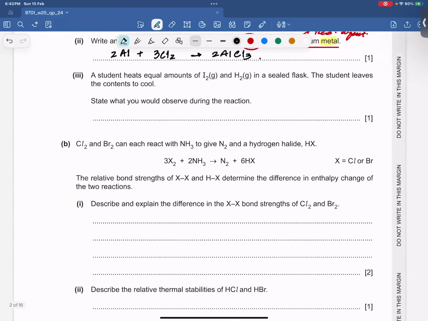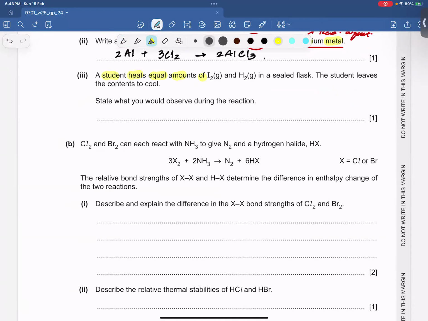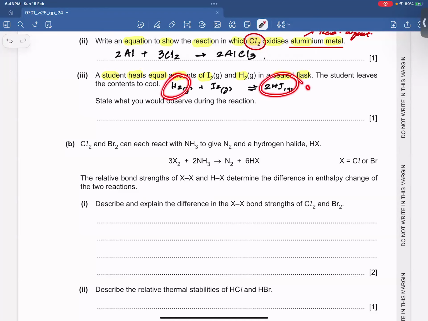A student heats an equal amount of iodine and hydrogen gas in a sealed flask. So when hydrogen gas reacts with iodine gas, it will turn to hydrogen iodide gas. See, hydrogen is colorless, HI is colorless, but iodine is purple in vapor form, all right? So when the student leaves the